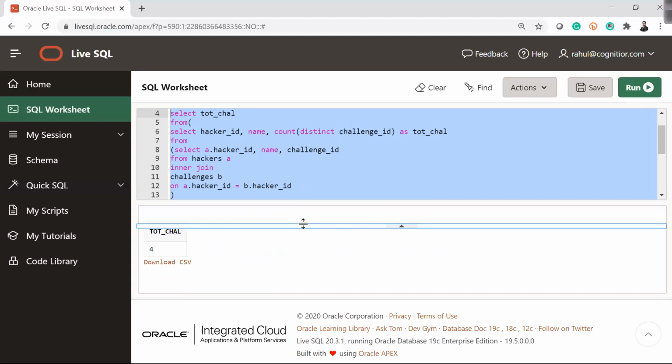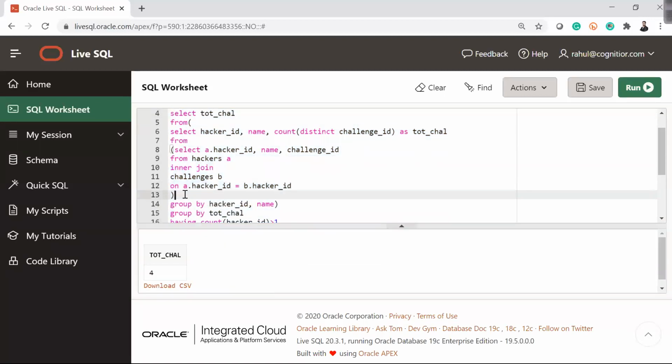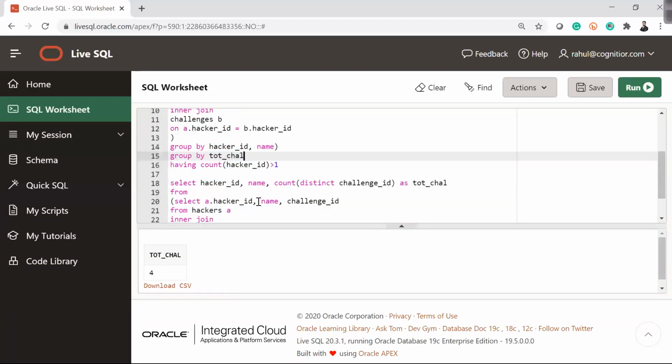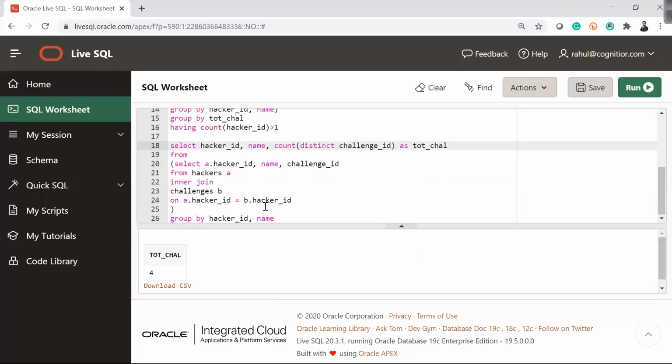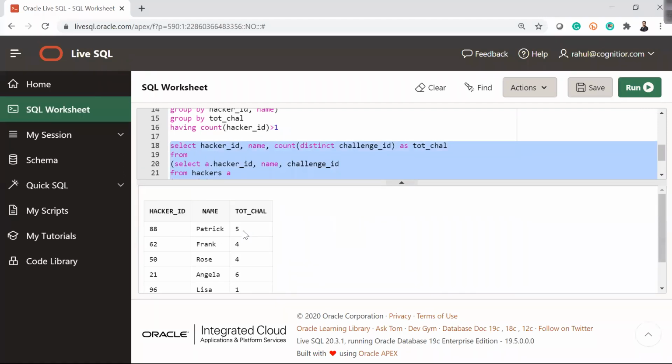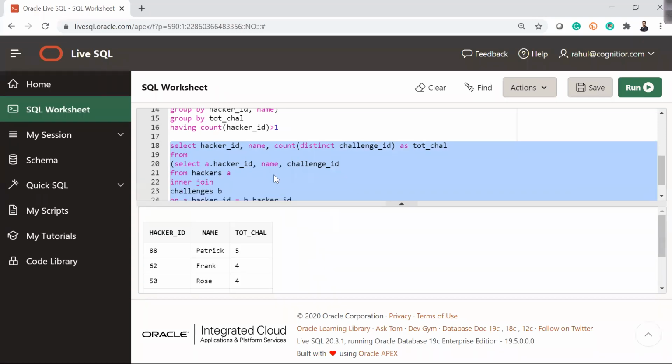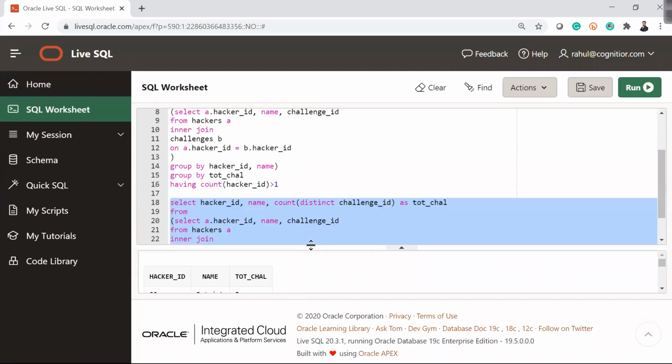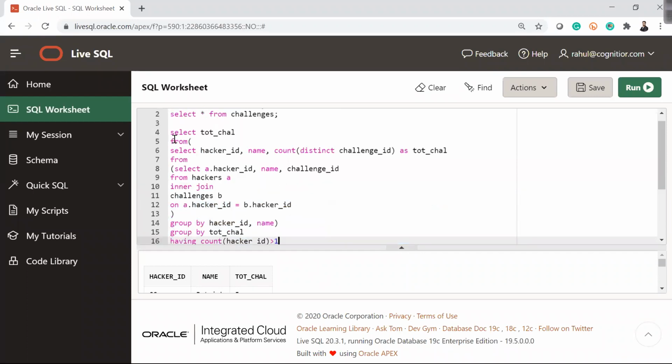Because from the same query, I am doing the group by on total chal and finding the duplicates on total chal. So there are duplicates on total chal, that's why we are getting 4, count star greater than 1.